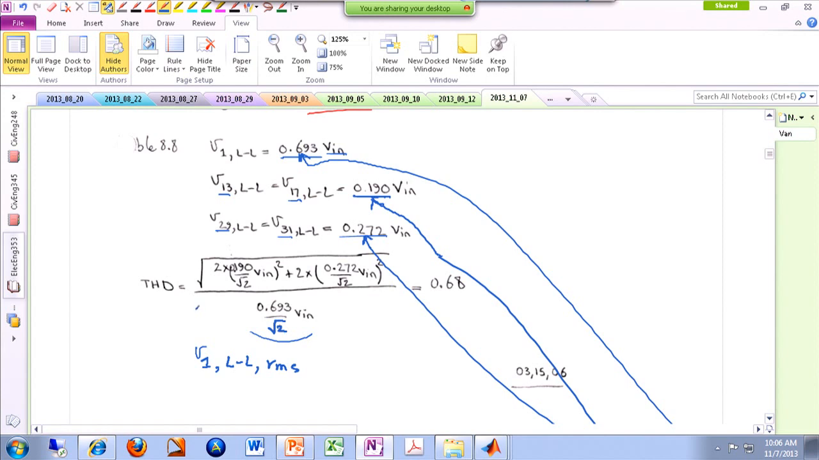And then over here I have the undesired harmonics, like this is giving me the V13 line to line RMS plus V17 line to line RMS. And because they are exactly the same, I've just written it once and then multiplied that by 2 because they are identical. And again, this term is taking care of the harmonics that I have at n equals 29 and 31. And in the end, it turns out that your total harmonic distortion is about 68%,